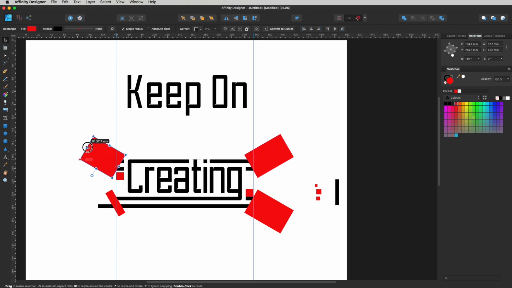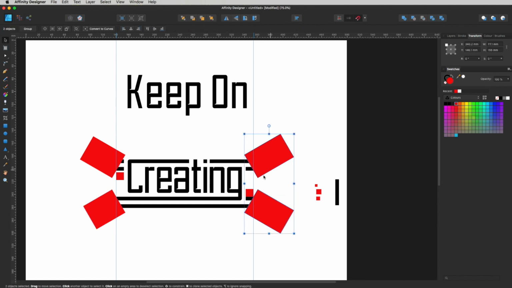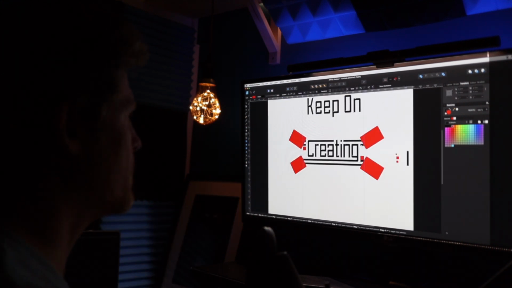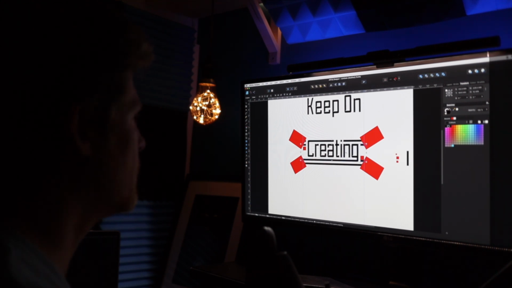Now basically we can extend these out all the way out there, all the way out there, and if we haven't drawn our black lines too far out, we can just cut everything up at the same time. So with all of them selected, I'm just going to hit this little plus over there so they're all the same. I'm going to select all my black bits. So I'm going to select the creating